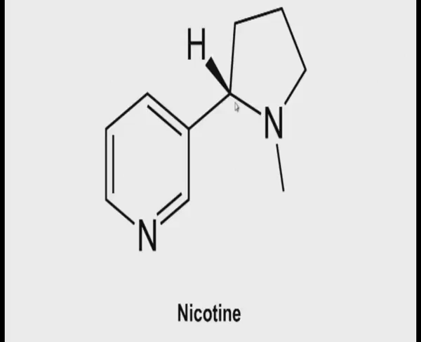Yeah, I did not say anything about another very simple compound. Look at this, this is a pyridine being attached to a pyrrole, very simple, nothing else. But the pyrrole is somewhat reduced. By reduction of the pyrrole moiety, what have we got? We have got a new chiral center, which was not there. If it is pyrrole, there is no chiral center, the compound is not chiral. But when you reduce it you get a chiral center, and if the hydrogen is beta, that is one type of enantiomer; if hydrogen is alpha, that will be another type of enantiomer.